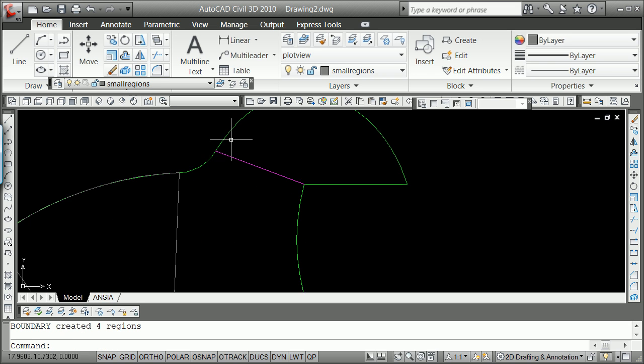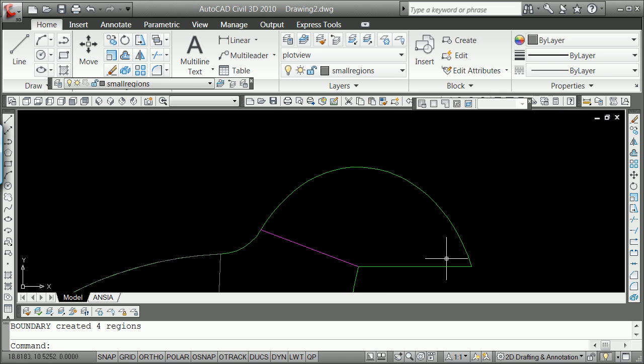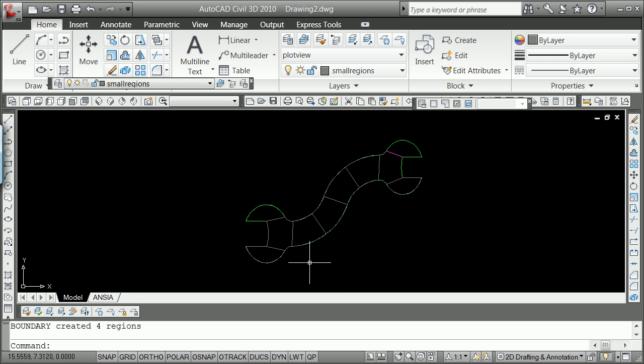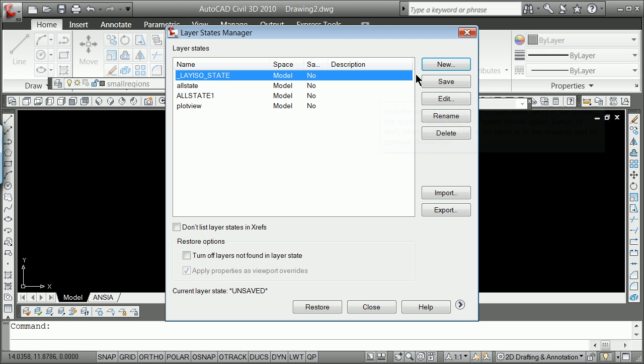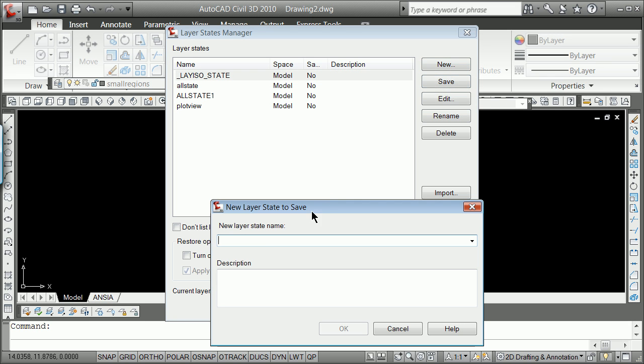So what we do have now, something about the way I drafted this, it's having a problem with. So we'll try it one more time, but I'm going to point out right now, I should have a region here and a region here, and it's kind of things overlapping. So another great thing to do right now is to go in and isolate your small regions layer just to see what you have. But of course, before you do that, it's always a good idea to say save, and then I'm going to say new, and then